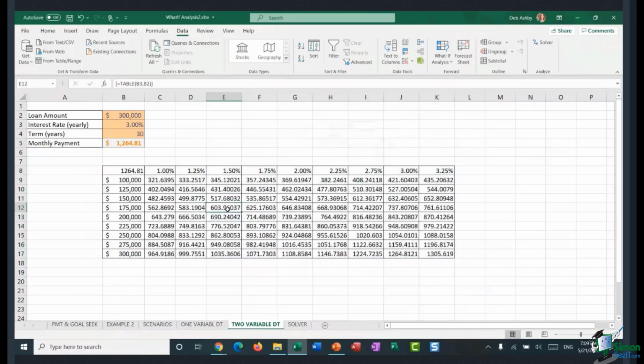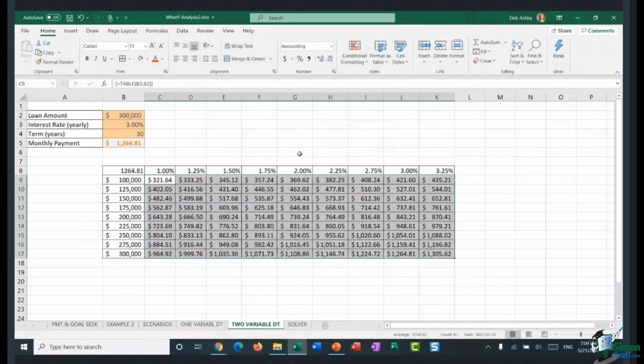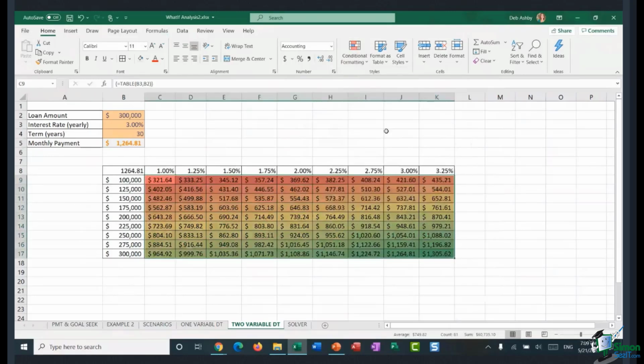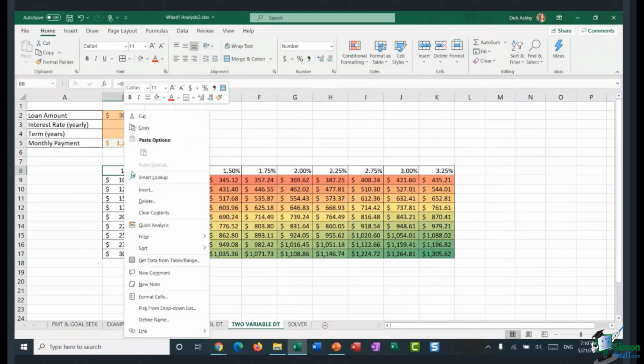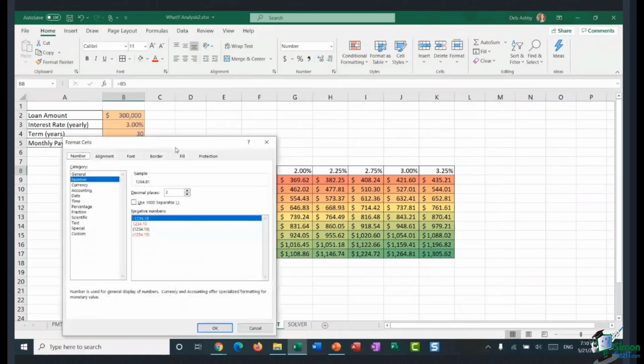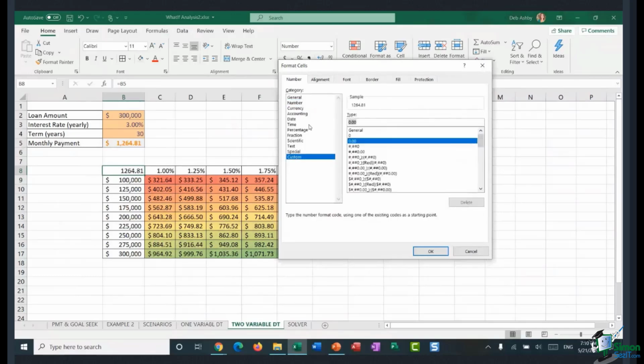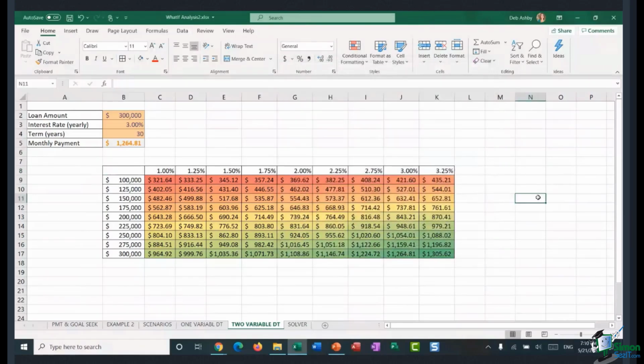And again, you're probably going to want to do some tidying up here. I'm going to add some symbols like so. And again, you could do some really cool conditional formatting if you wanted to. Once again, you could go in and hide this. So just to recap how you hide the input cell, if we right click, go down to Format Cells, I'm going to click on Custom Formatting, and I'm going to do 3 semicolons, like so. Okay, so that is a 1 variable data table and a 2 variable data table.